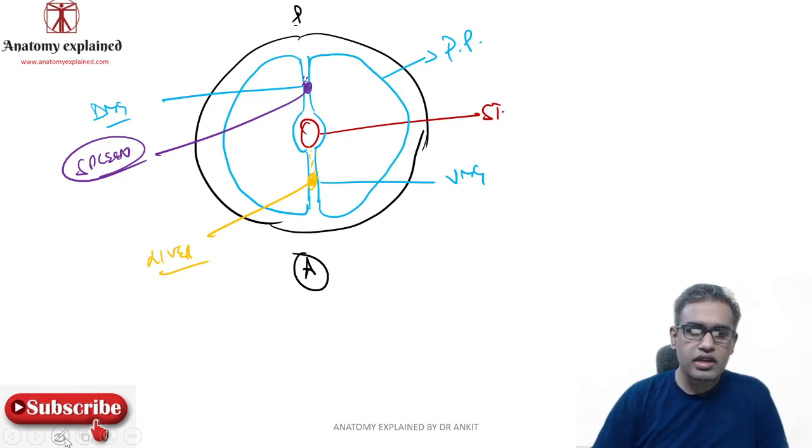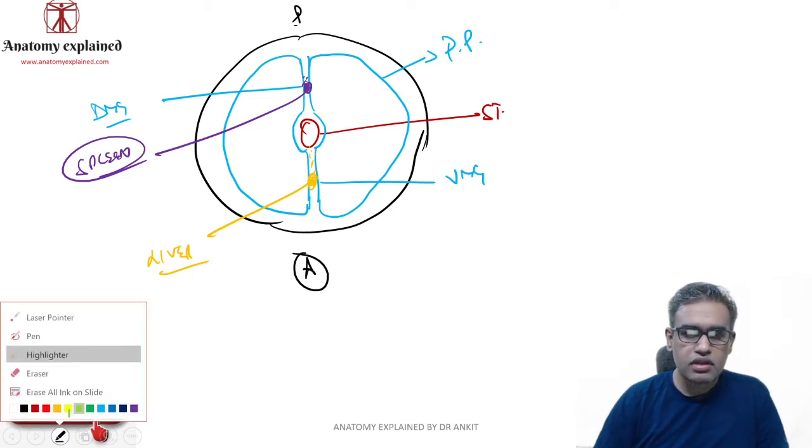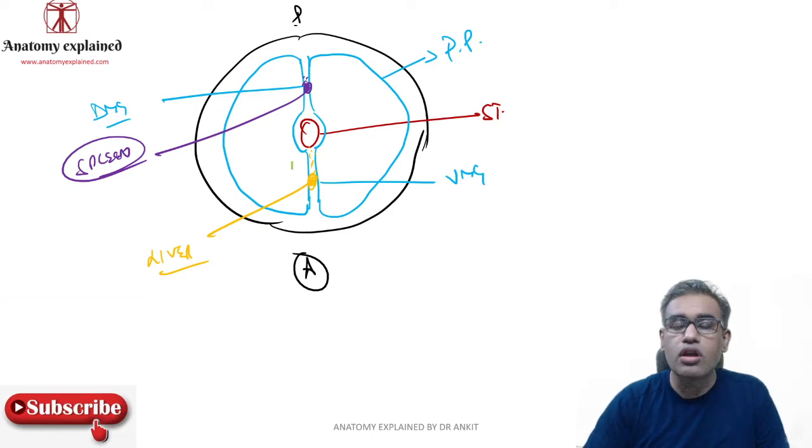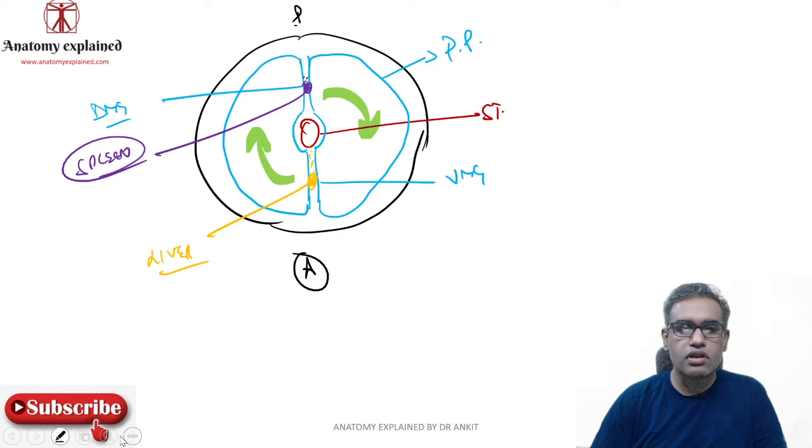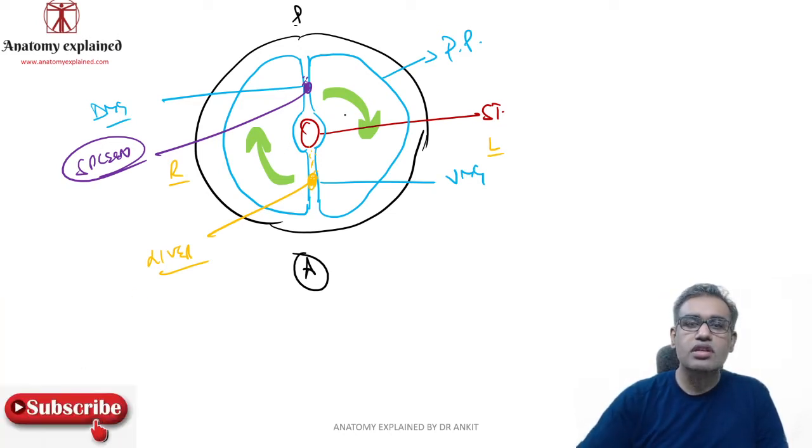Now what happens over here, if you remember a few parts of the embryology, there was a 90-degree rotation of the foregut to the right side. So that will rotate slightly 90 degrees to the right side, this being the right, that being the left side. So therefore the spleen moves to the left side and the liver moves to the right side. But over here we are talking about the ligaments. So let us move back to the ligaments.